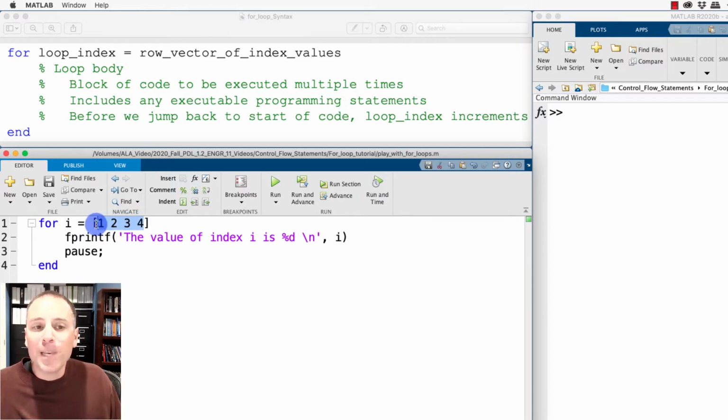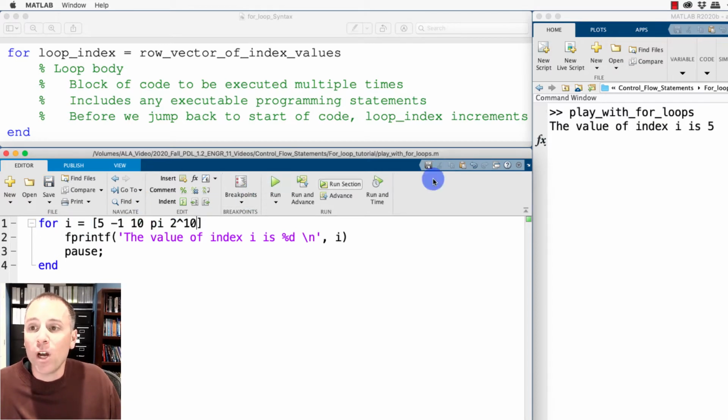But formally speaking, in this syntax, we do not have to count anything. In fact, we could define a vector that starts at 5, goes down to -1, goes to 10, maybe takes the value of pi, and then ends at 2 to the 10th. When I run this for loop, MATLAB is going to run through the loop body's code exactly 1, 2, 3, 4, 5 times, where the loop index variable is going to get the individual values defined by the entries of this row vector on the right-hand side of my equal sign.